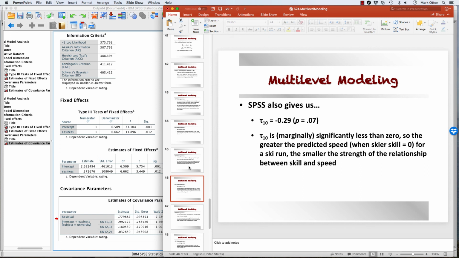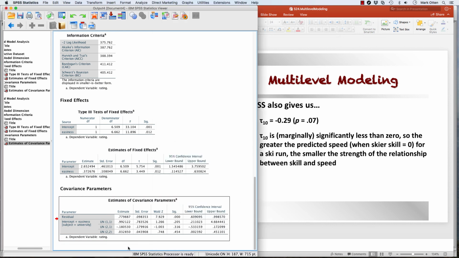Applying this to the professor example, we're now looking at intercepts and slopes again. The intercept here is the predicted rating when easiness equals 0, which is kind of strange. That means that the professor was super hard, I guess, if the easiness score was 0. So the relationship between the predicted rating when the professor is super hard and the relationship between easiness and rating. As intercept increases, does slope increase? And so we go back to our